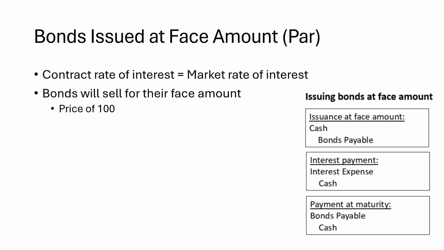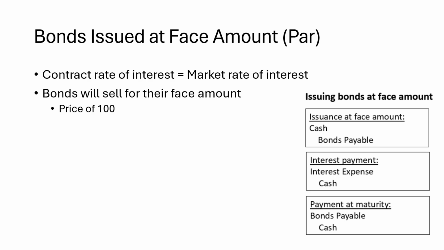Remember, the contract rate is the rate that the company is offering with the bond issuance. So that is the amount listed in the bond indenture. That cannot change. Contract rate is what it is, and that is the rate of interest that is paid to bondholders in regular increments. The market rate can sometimes be different than the contract rate, and that is based on overall within the bond market, what other bonds might be selling for or what rate of interest they might be